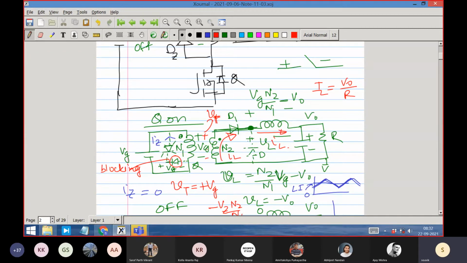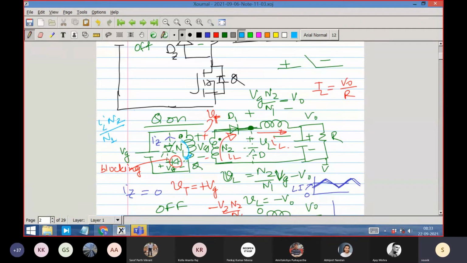So it has to shift the flux level. But what is happening is this IL is producing a counter current here. It is producing a counter current in the transformer. That is what we call the load component of the current. And what is this counter current value? We will do it this way: IL into N2 by N1. That is the MMF balance we did. That must be the current